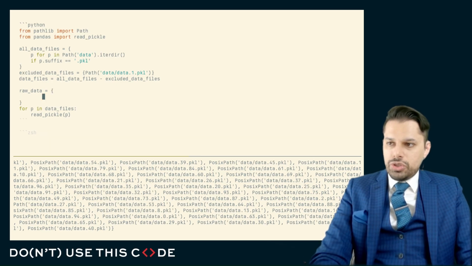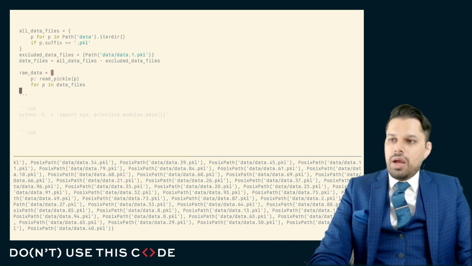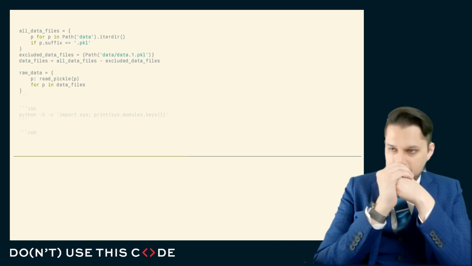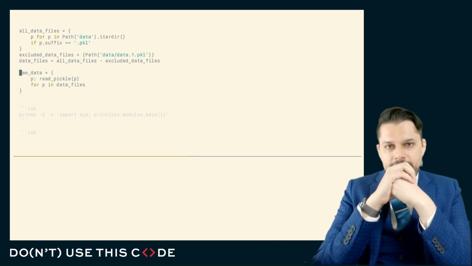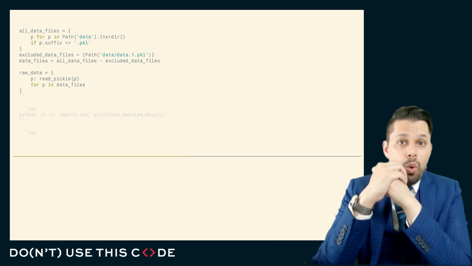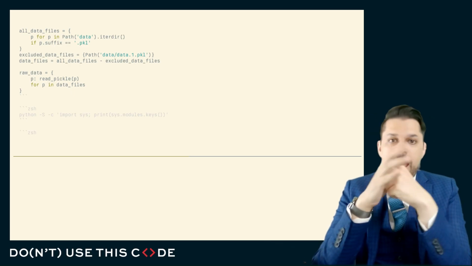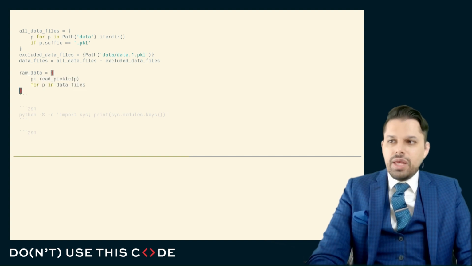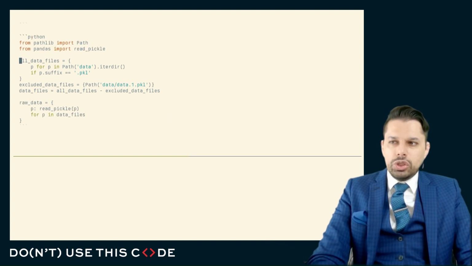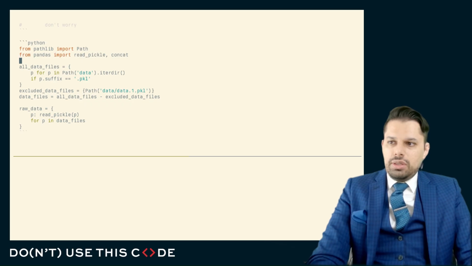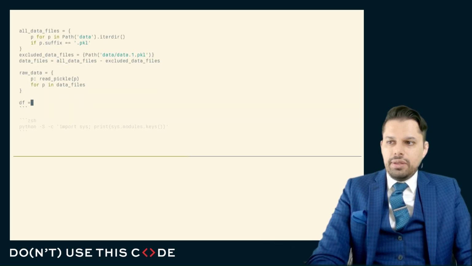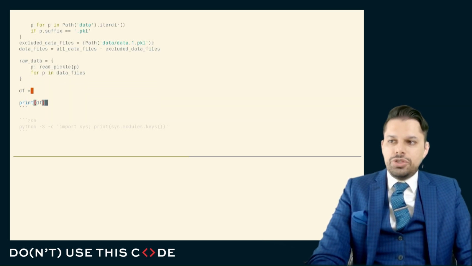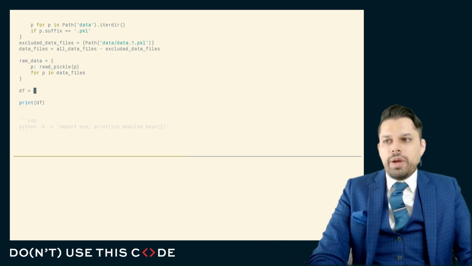I am more concerned about the correctness of this code initially than I am about the speed of this code. So I'm much more interested in having a loop comprehension here that gives me the ability to identify what the data files were and what was read from those data files than necessarily making this a little bit faster. When I want to turn this into one large piece of data, again, I'm going to focus on what I need to do to get that done, but I'm not going to worry too much about performance.